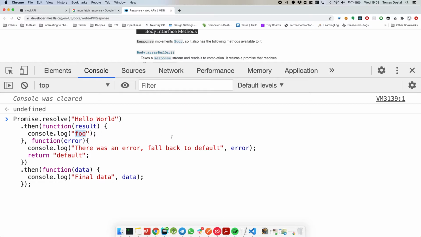Yeah, because the then is still running after evaluating the previous then. But it's not returning anything. It's console logging out the final data plus what it took from before, which was the result of the previous then, which is foo. So you're saying that this data will be foo. To me, it's going to be that, because that's what is coming from the previous then.